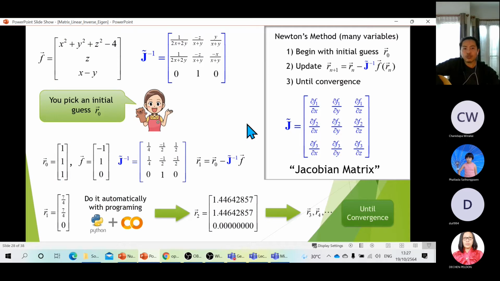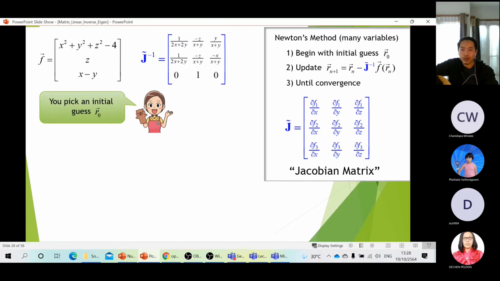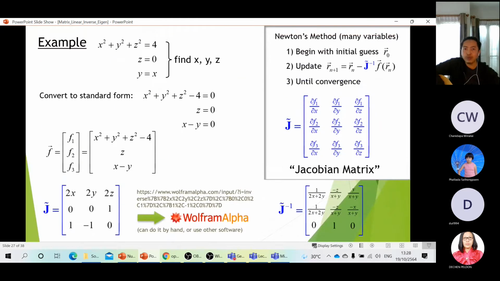You can see the answer right away if you go back to the equation here. Z is 0 from the middle equation, and y and x have to be the same. So we go back to the first equation. You have x squared plus y squared equals 2 squared, that's 4. So we have a circular equation, and x and y must be root of 2 in this case. All right.